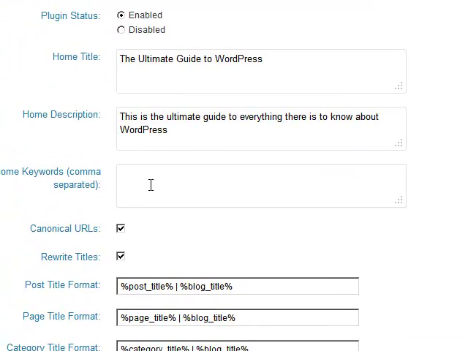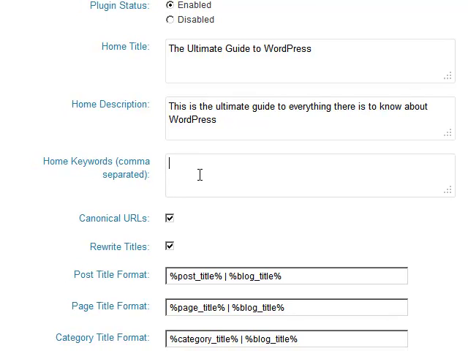Home keywords, as far as Google is concerned, they don't really look at keywords. They don't look at meta keywords anymore. But you never know when a new kid in the search engine field is gonna take over or come to the forefront. You know, 12 years ago, Yahoo was it. Nobody had heard of Google. Then Google came along, and Google's it. Somebody else is going to come along. It's just a matter of time. And that search engine might actually use home keywords again. So it's not a bad idea to put home keywords in here,